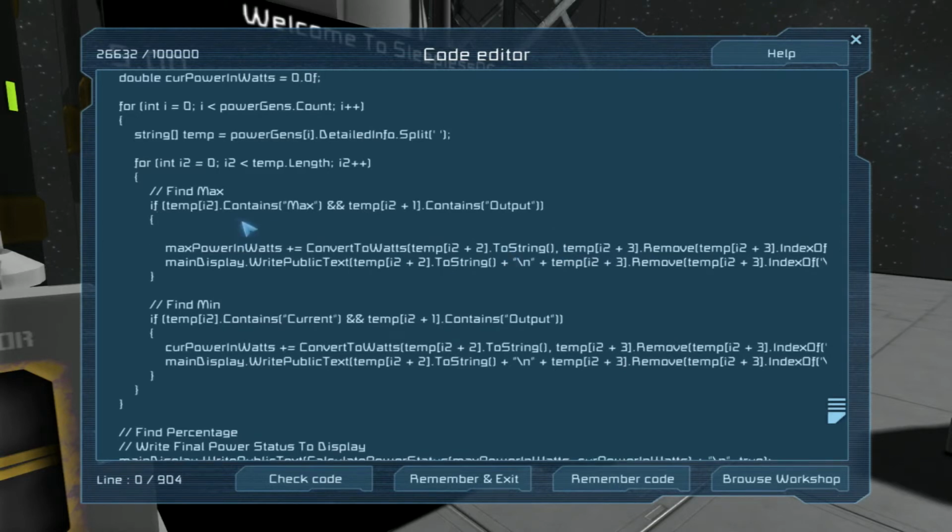Let's do this. We'll say if it contains... Alright, so I2 equals max, I2 plus 1 equals output, 2 would equal the value, 3 would equal the identifier. So what we need to do is say if temp I2 plus 3 dot contains new line,